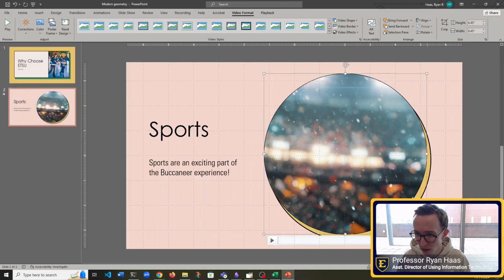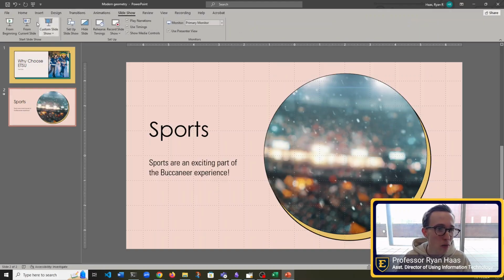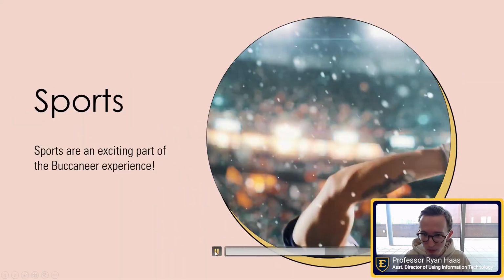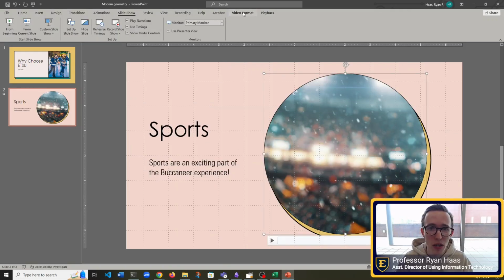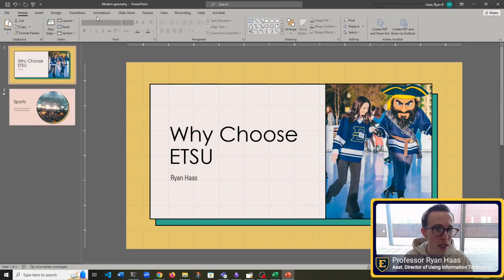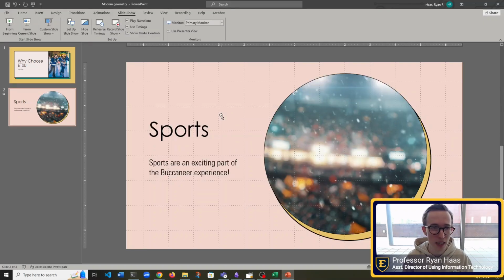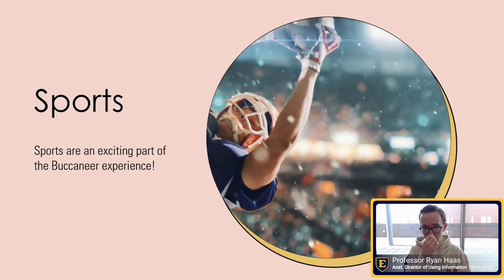And now it looks like I've already got it sized about right to fit in there. Now the last thing I want to do is go to presentation view. So if I go to slideshow, present from current slide, it looks like my video playback is automatic. Let's make sure. I go to video playback, start automatically, perfect. So now if I start from the beginning, when I go to the next slide, whoops, perfect.